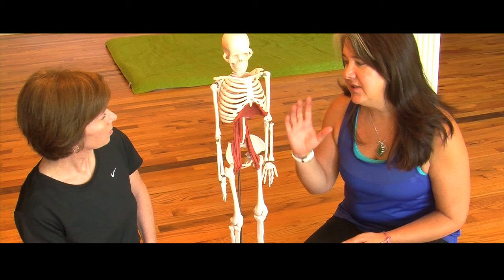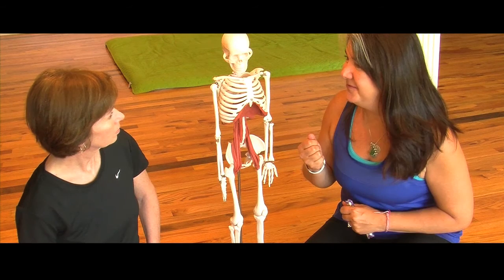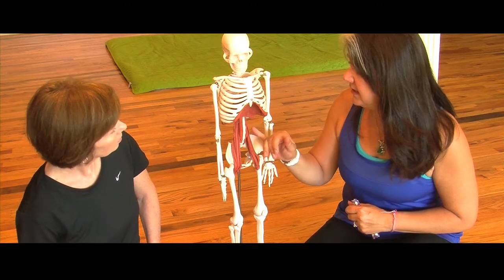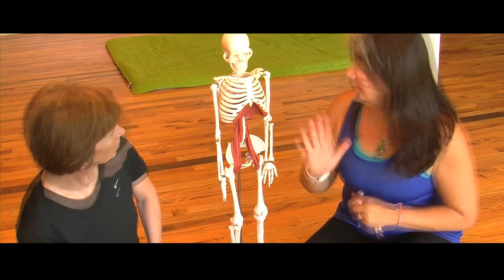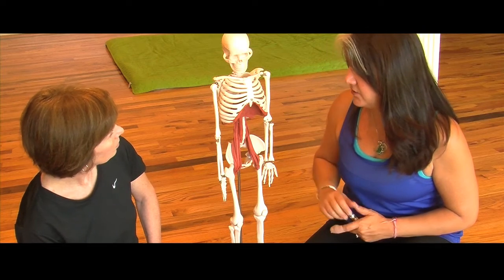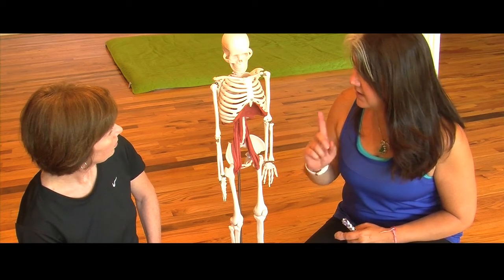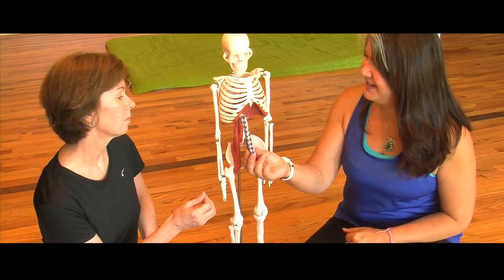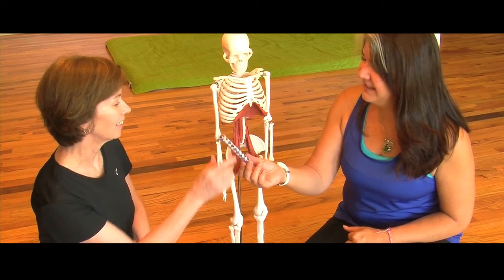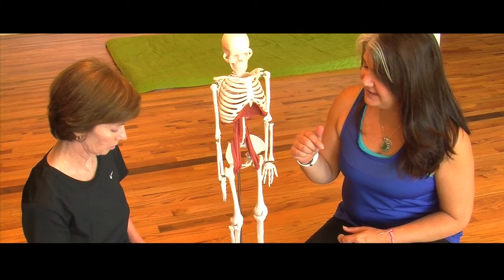Now, the psoas muscle and the diaphragm kind of work in opposition to each other. And a lot of people think when the psoas muscle is tight, it creates lordosis in the low back, an extra curve. But in fact, it straightens the spine. And I have this little, what are these called, Chinese finger traps? Yeah. So put your fingers in each one of those